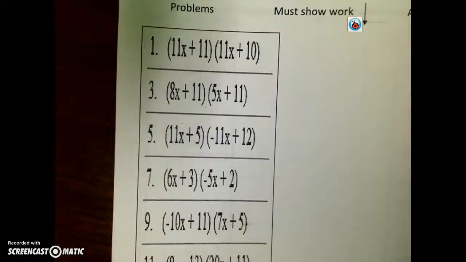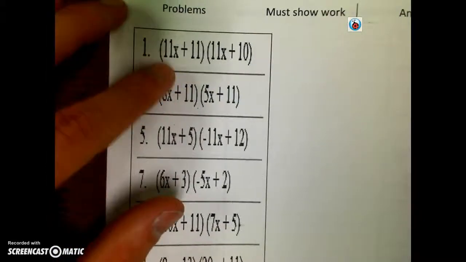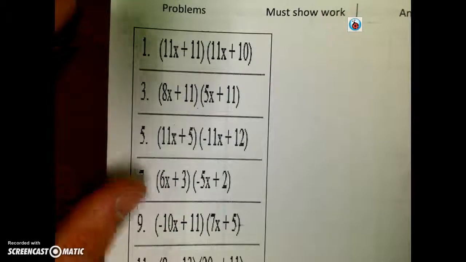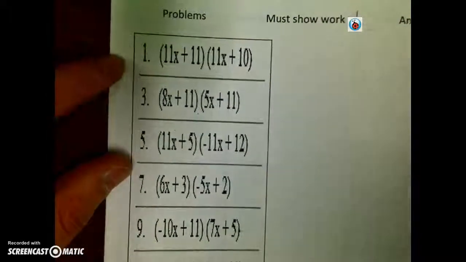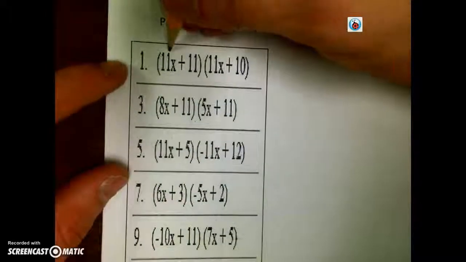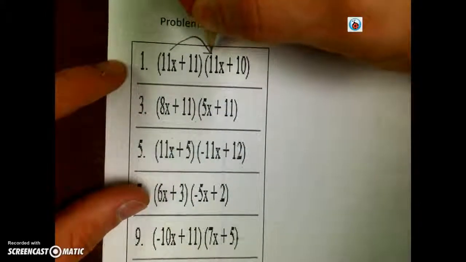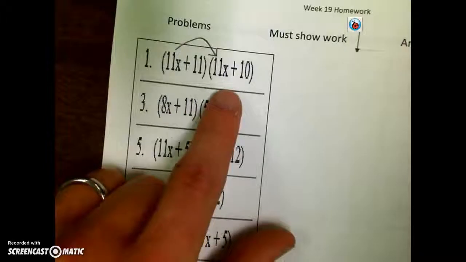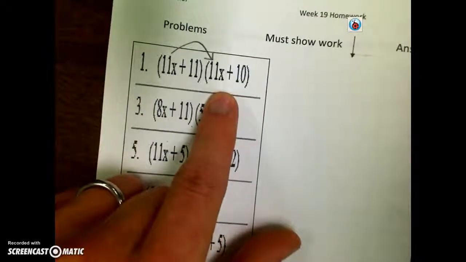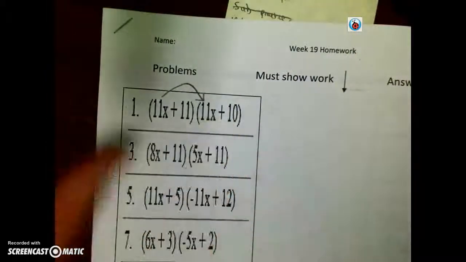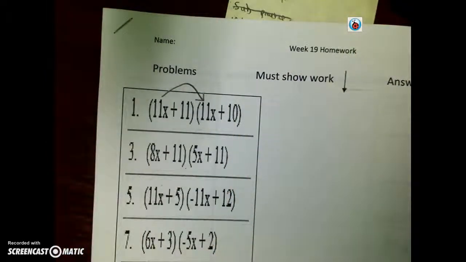is distribute all these different types of numbers. So some people use the box method to help them keep track, or arrows. All right, so here's what I mean. Here's how we can be successful on this page. As we're looking at the first one, both terms in this other parentheses. Now, something that's going to be true throughout this whole page,